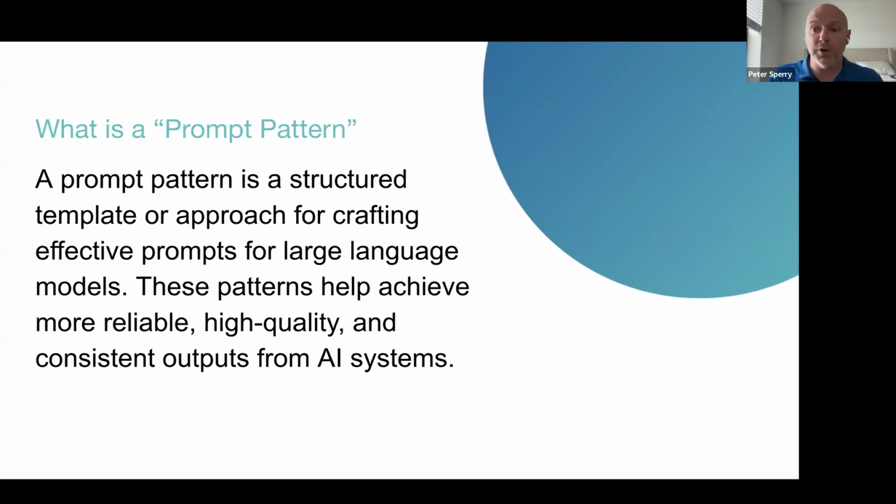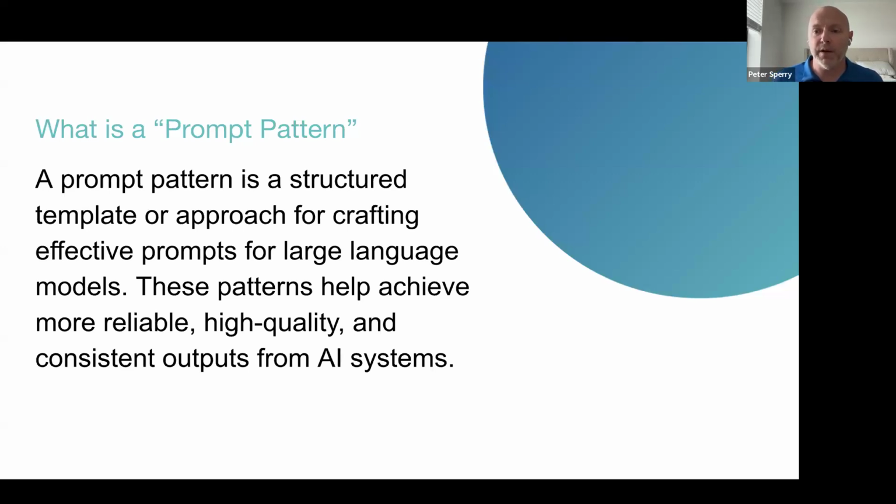Some of you have heard of things called prompt patterns. It's not the case that you can just always ask the AI or the LLM to do something for you or give you an answer, much in the same way as Google search. When you go into Google search, typically you are formulating in your head what phrases you need to type in order to get what you want. Some of you have learned some tricks, like putting things in quotes or referencing a specific website if you only want Google search to consider results on that website. Those are tricks or hacks on how to hack the Google search engine. And the LLMs are no different.